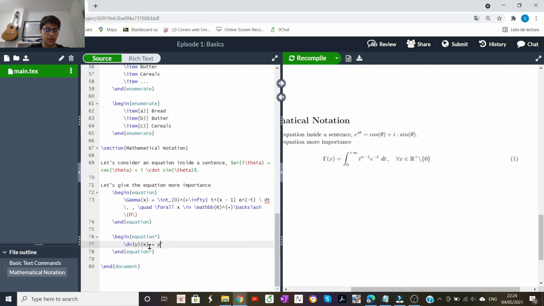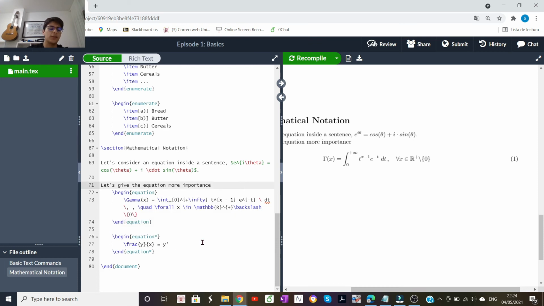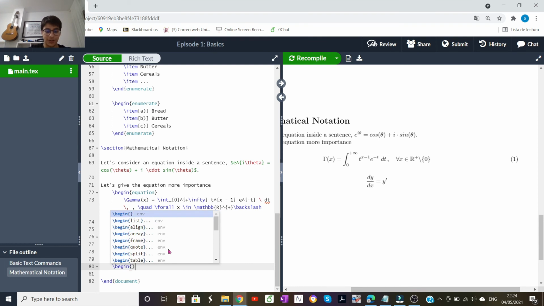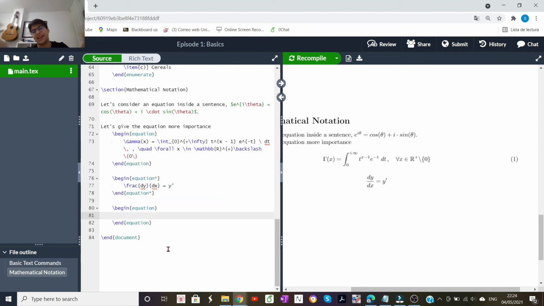But well, not really. In order to do a derivative, we cannot just do this, or we can, but I'll explain later. We usually have to do frac. Frac just means fraction, with y in the numerator and x in the denominator. So we can treat the derivative as a fraction, even though it is not a fraction. So, okay, this is what you get. Well, it's fine, but a better notation, taking into account the mathematical formalism that a derivative is not exactly a fraction,